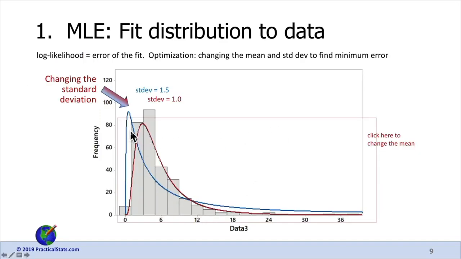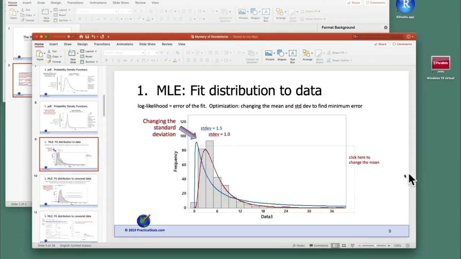Here are two other log normal distributions. We could also give you a picture of changing the mean. I'm going to do that here because that's the other thing that maximum likelihood does: it changes the mean as well as the standard deviation by slight amounts until it decides how to fit the distribution to the data that you have. So it would change the mean doing something like this,